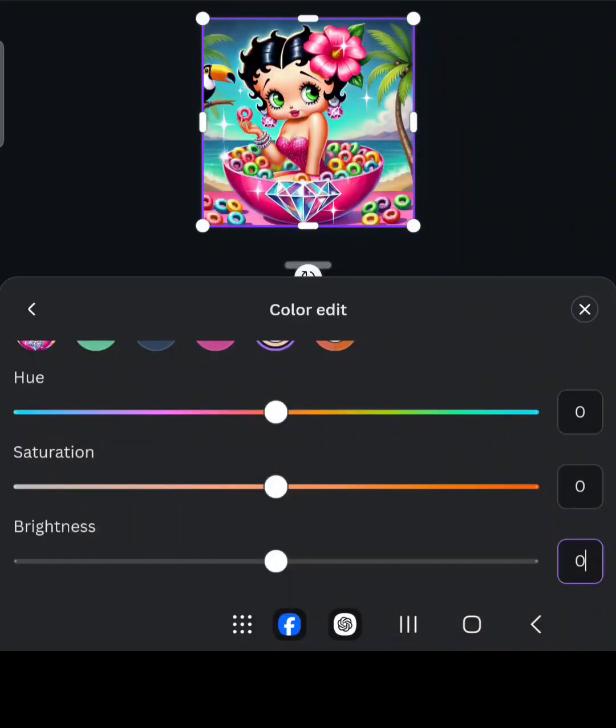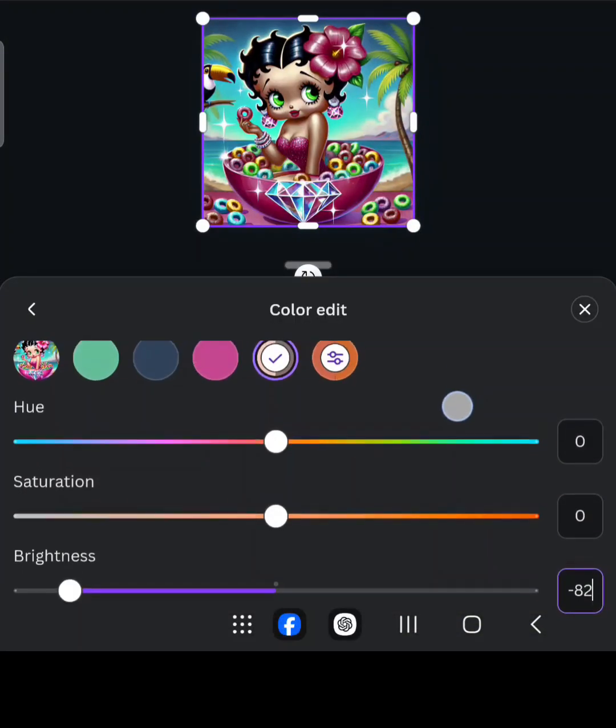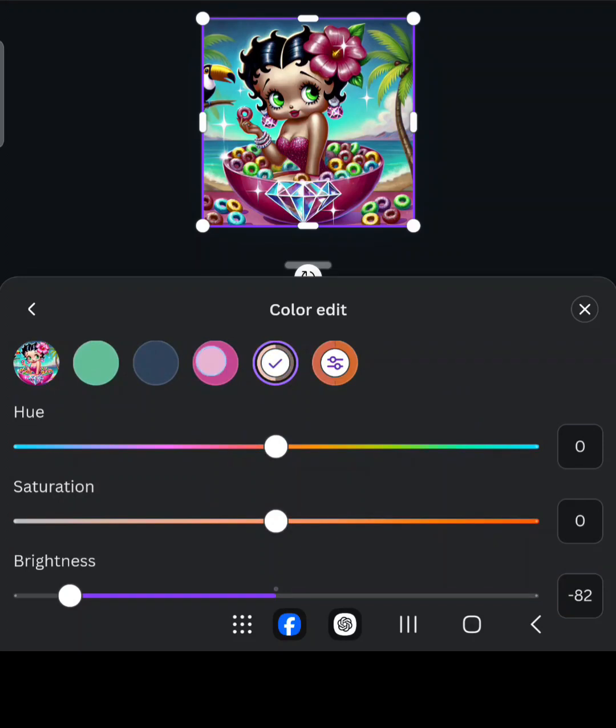Image here, and I want to get different shades of Betty Boop. So what I'm going to do is take the brightness and move the slider over, and then I can change the color of her skin tone. And then I want to first, let me just tell you, there were these colors right here. This color is controlling her skin tone, not the orange one, it's that one. So I just want to slide this over